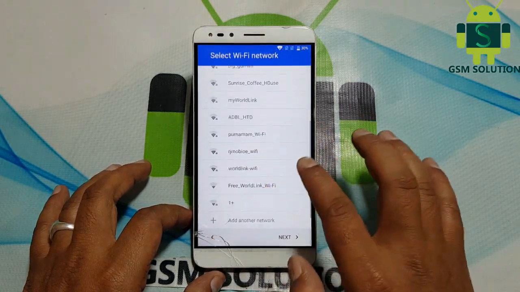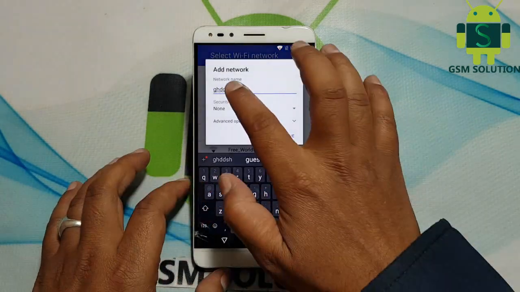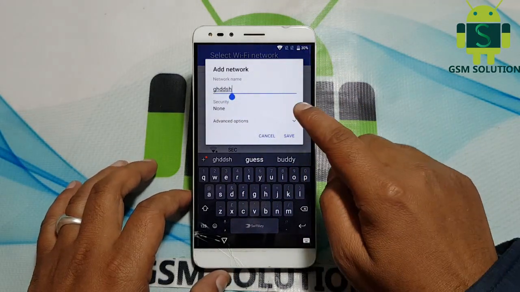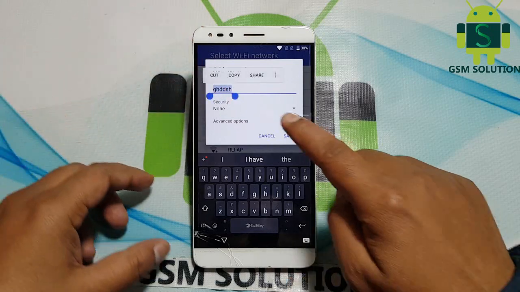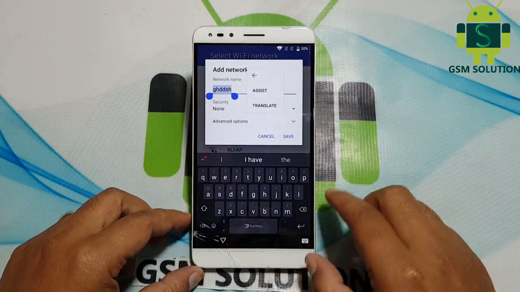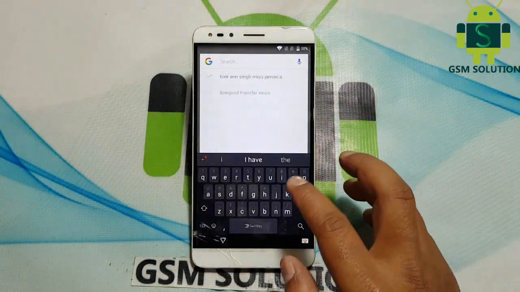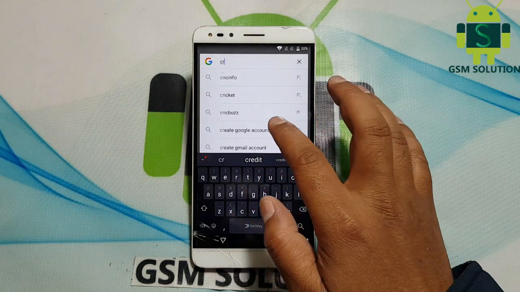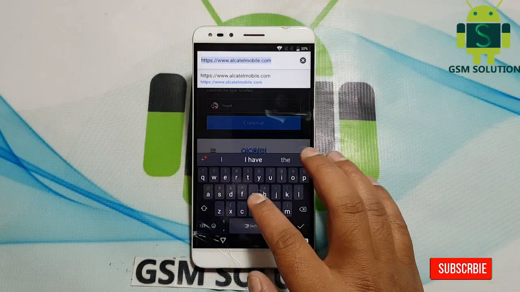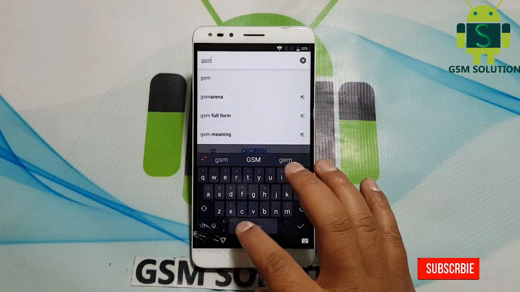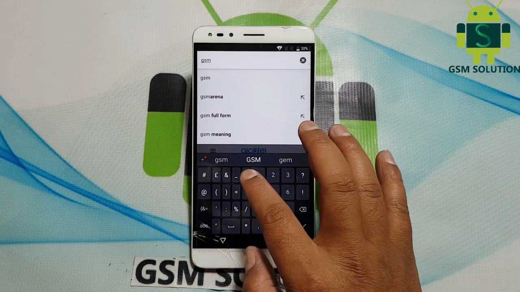Go back to Wi-Fi and select Add Network and type any words, then select All, then it. Open Chrome browser. Then open blog gsmsolution.com, then